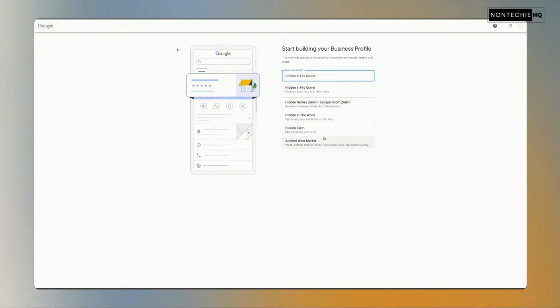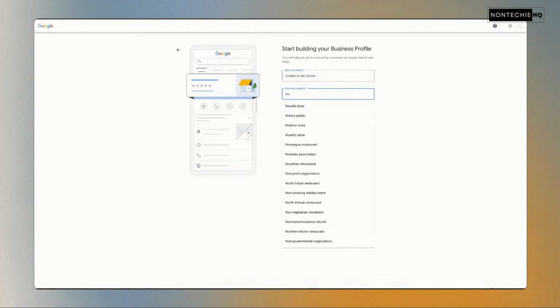So I will go through. If that is the case, I'll click create a business. If not, I will click the business name. Then I have a business category. Now this is a nonprofit, but as I type each letter, you'll see that a list will come up. This is where you want to get very specific on your business and what you do. If you're a notary public, there's a notary public profile. You can add to this later, but be as pinpoint as you can.